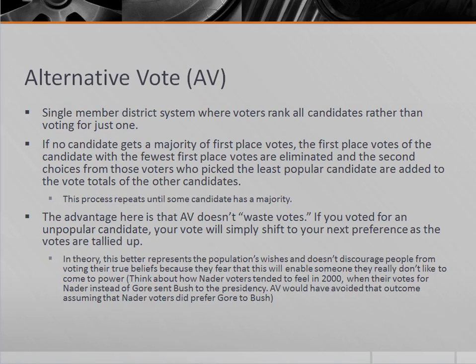What we can say is that under an alternate vote system, that wouldn't have happened. Under an alternate vote system, Nader voters would have voted for Nader as their top choice, and then Gore as their second choice, and either Bush or somebody else as their third choice. And once Nader becomes the least popular candidate, he gets eliminated, and the votes for Nader automatically get transferred to Al Gore, rather than costing Gore the election. So what this does is it makes sure that you avoid these spoiler effects, right, where third parties cost the candidate that most people want to lose.